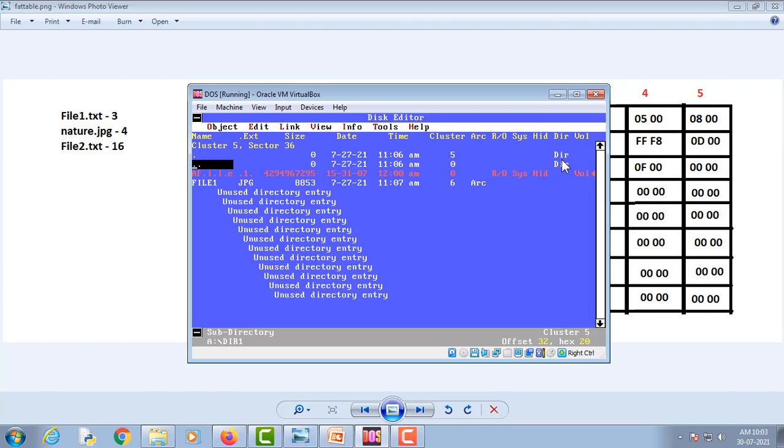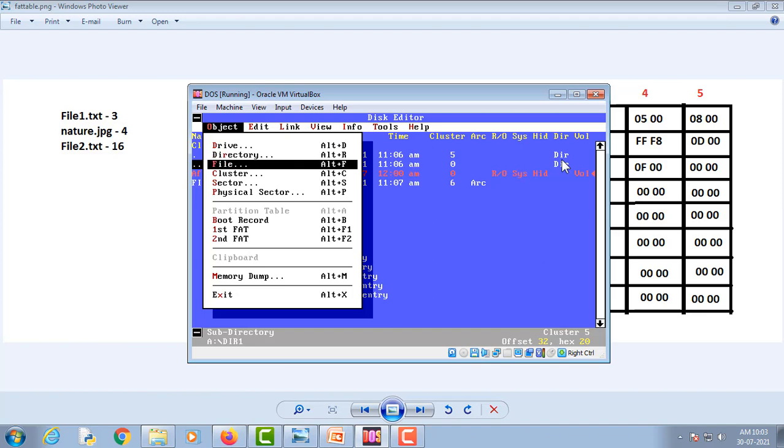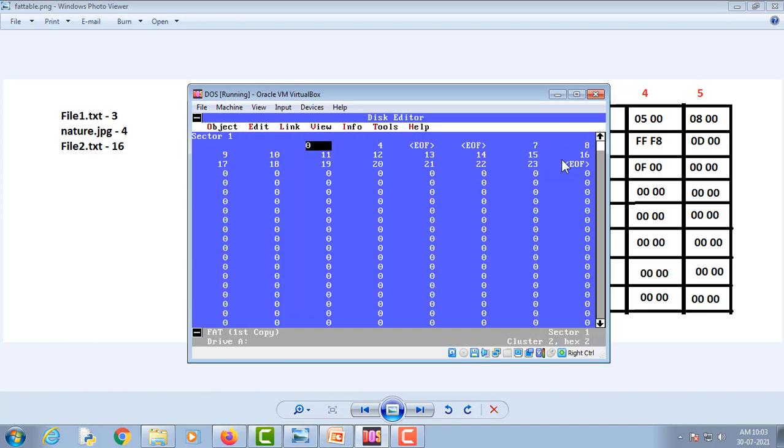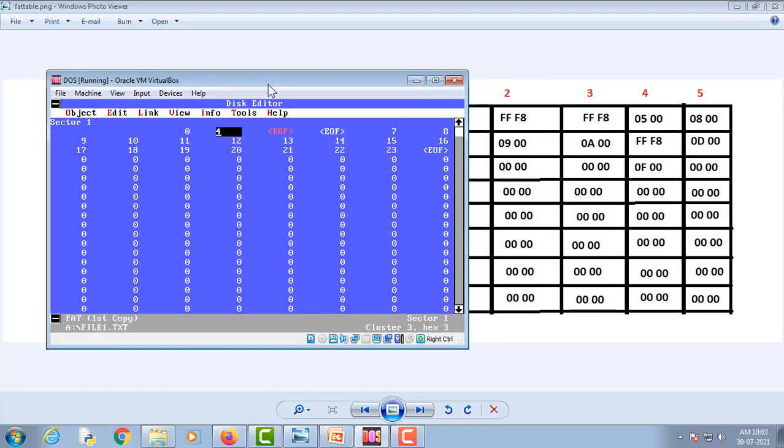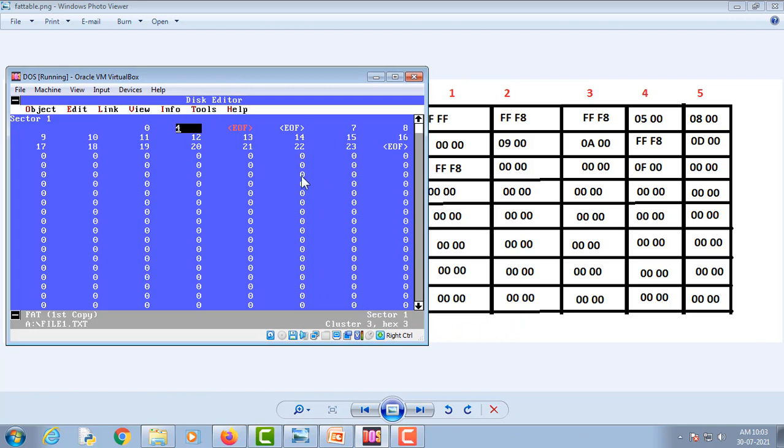Now if we go to the file allocation table, we can see that it works exactly as represented in this image.